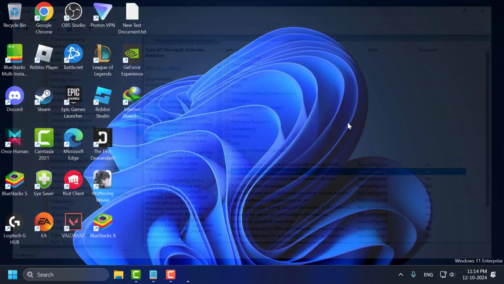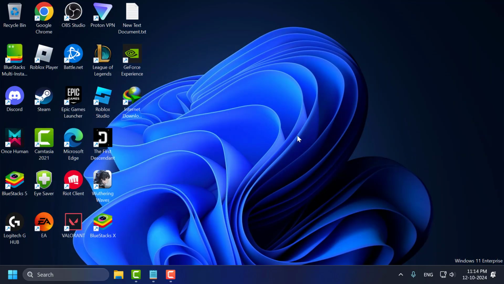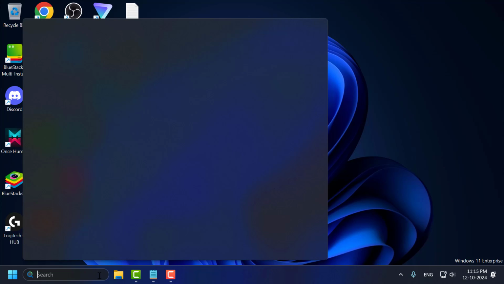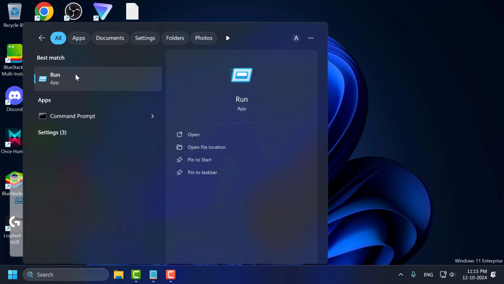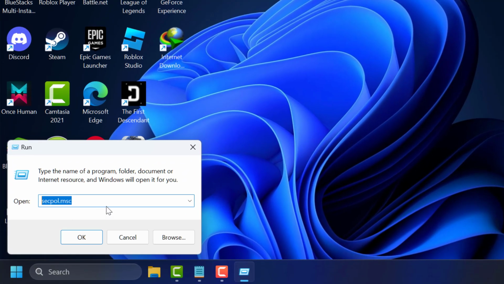Now you just need to close stuff here and go ahead and restart your PC. After restarting your PC, you can check if the problem is solved or not. If the problem is not solved, let's move on to method 3, guys. Method 3, you just need to go to the search menu and type run. Click on open it. In the run window, you just need to type